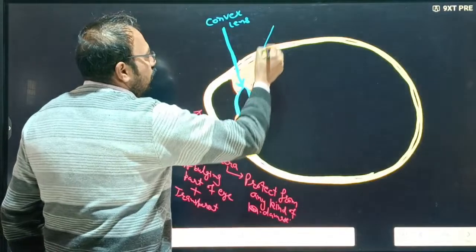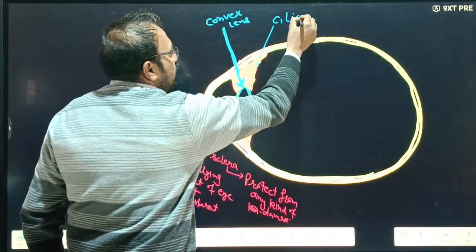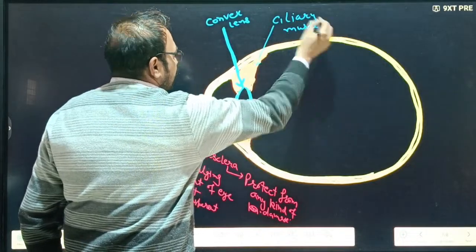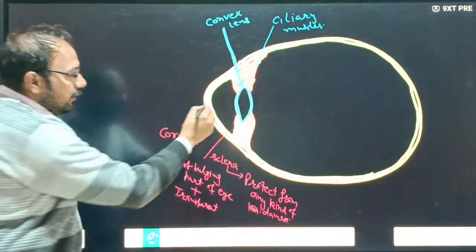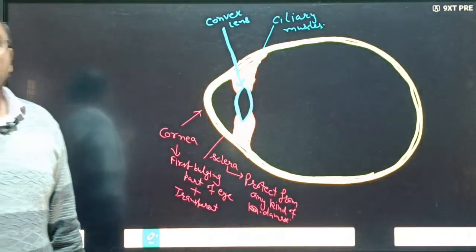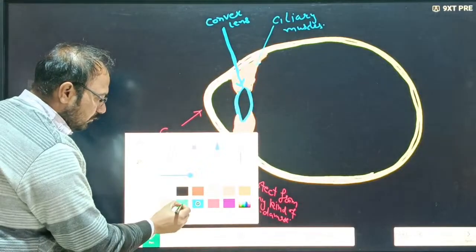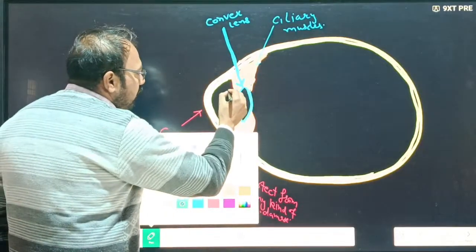Okay, and here a small window is present. This small window is known as the pupil. So we make here